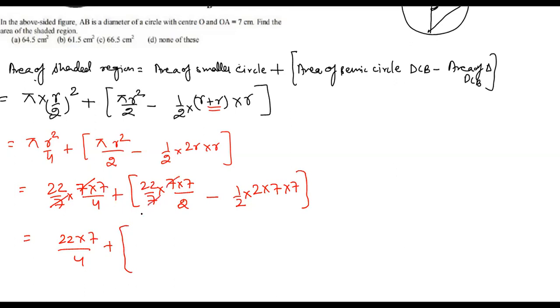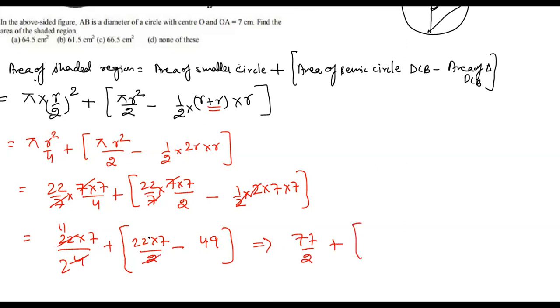So 7 and 7 will get cancelled out here again. So you will get 22 into 7 divided by 2 minus half. This half and half will get cancelled out here, minus 49. Okay, now taking the LCM inside, you can write it this way. This would be 7 154, or you can calculate it by dividing by 11, and this will be 2. So that would be 77 upon 2 plus